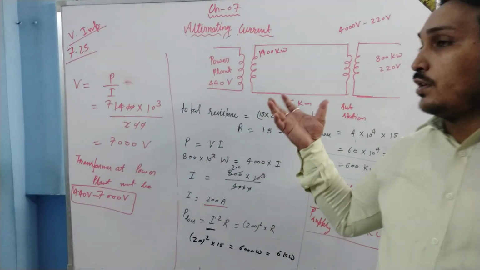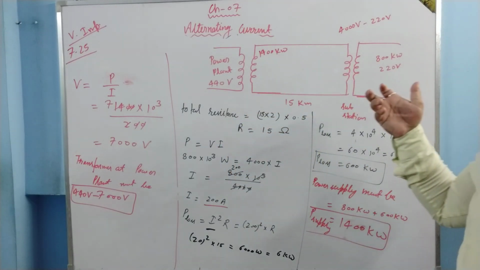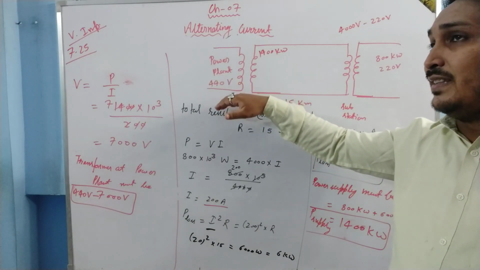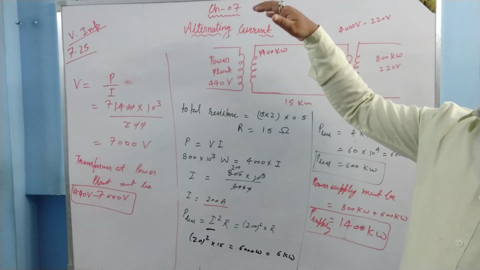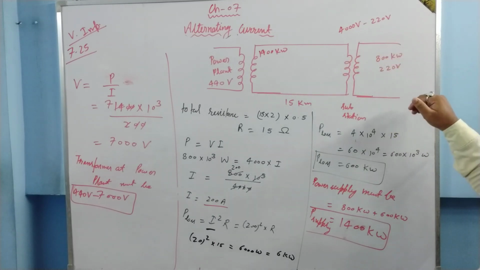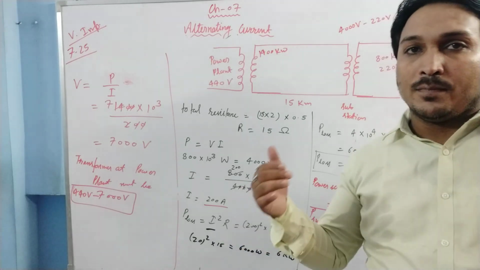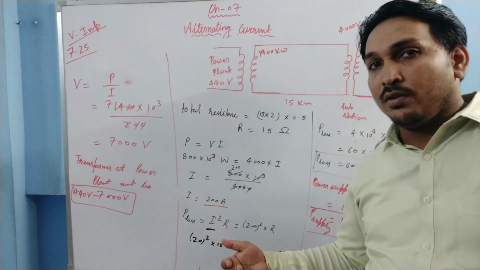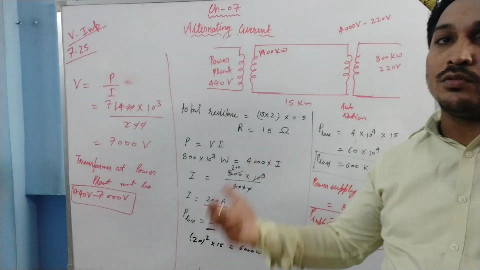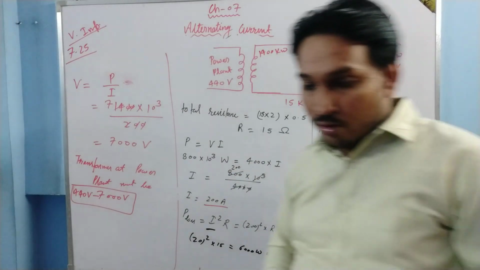Okay, this is, you can say, the rough configuration of how the power is being supplied. Is it clear? At the power plant, the power is generated at some voltage, then it is stepped up to 1,32,000 volt, then it is stepped down to 11,000 volt, then again it is stepped down to 220 volt. Once it is stepped up at the power station, then it is stepped down at the substation, then again it is stepped down at the transformer which you look at in your areas. Okay, so this is all about the numericals of AC.